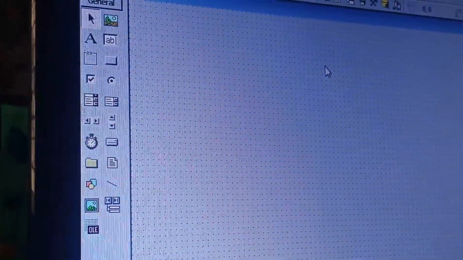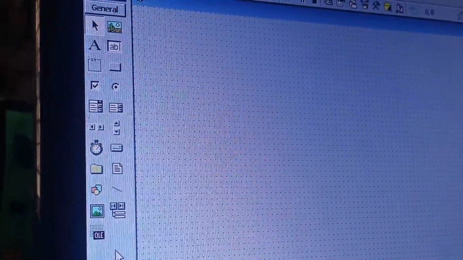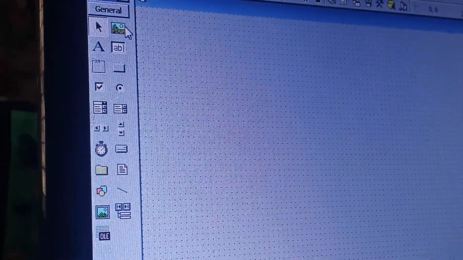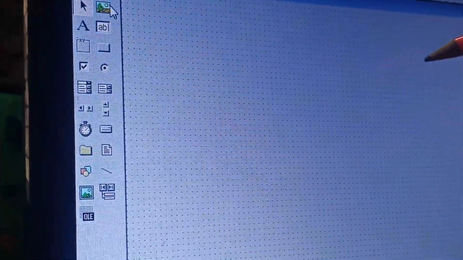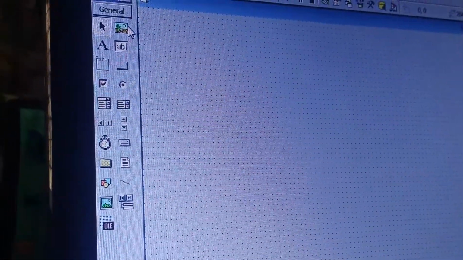Okay, now the most important thing in Visual Basic is the toolbox. The toolbox contains all the icons that we need to work in a Visual Basic project. In case the toolbox is not visible, suppose I click this cross button when you open VB and it is not visible, from where can you get it?